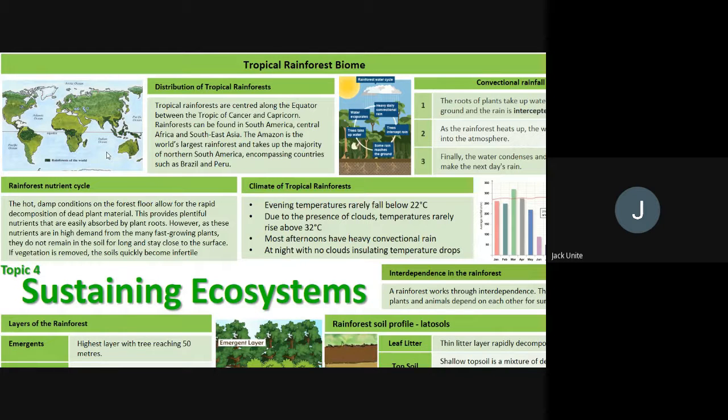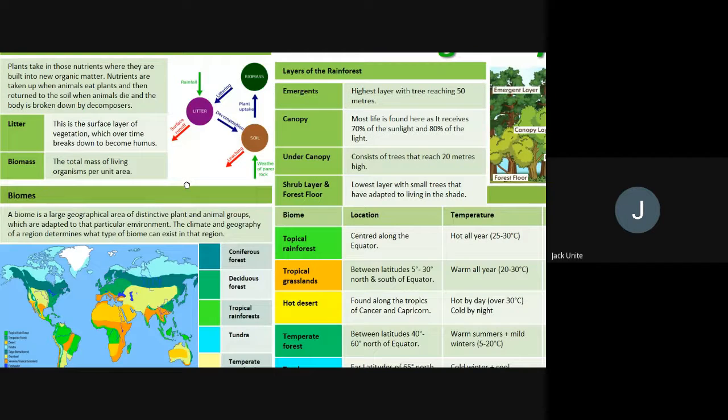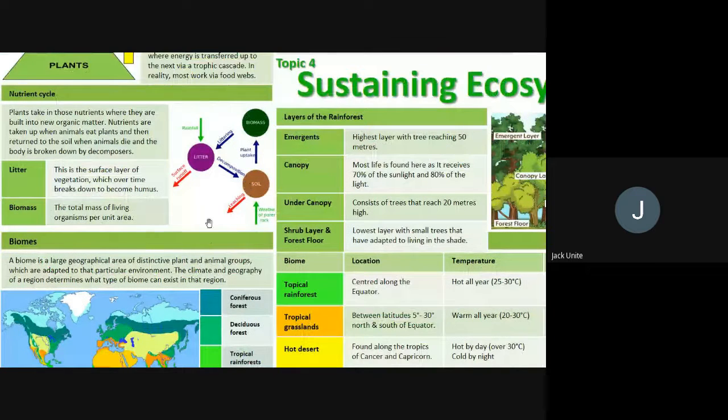And as it says in that final sentence there, if vegetation is removed, okay, so through deforestation, soils can quickly become infertile. And so if you just quickly go back to the bottom left-hand corner where we looked at the nutrient cycle, we can see that recapped again, okay? So just over here, we can see the word leaching. Okay, and that's that process whereby, because we don't have the roots holding the soil together, as that rain falls, it can help to wash away that mud with the soils in them as well,